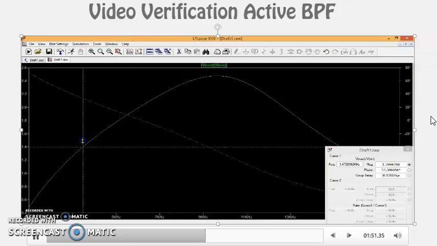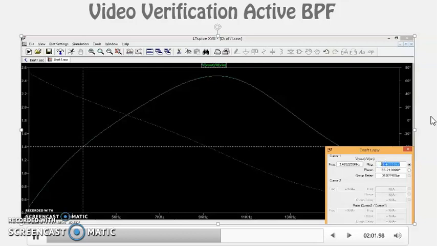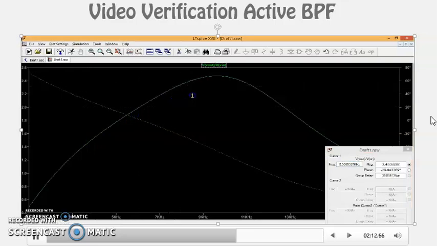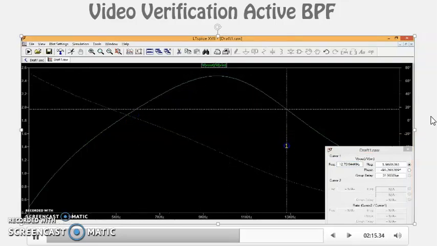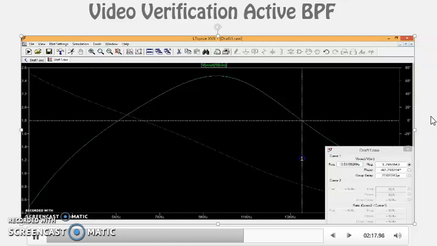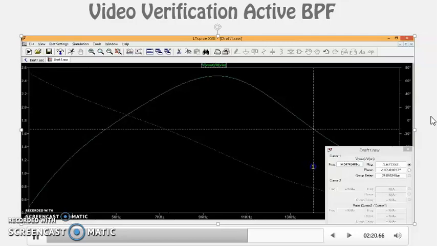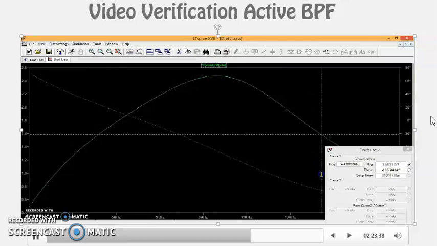We are going to readjust it for the desired value. So the magnitude of 1.4, that is 70% of 2, is occurring at 3.4. It was supposed to occur at 4K, but it is actually occurring at 3.4. So this thing is to be catered for in the error analysis. That is, we were intending to get 70% of the gain at 4, but we are actually getting it at 3.4 or 3.6. This is for the lower cutoff frequency.